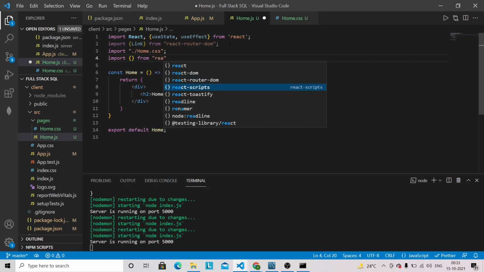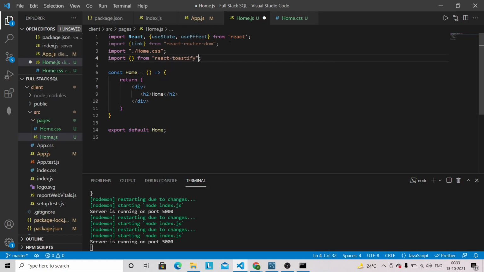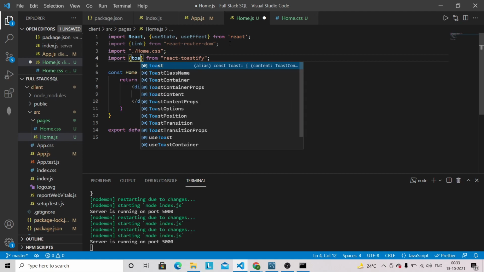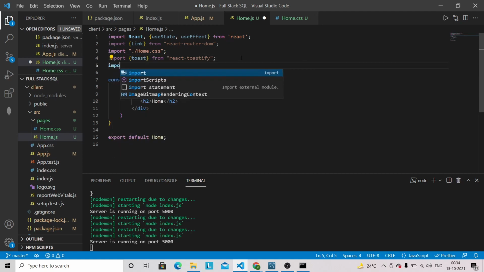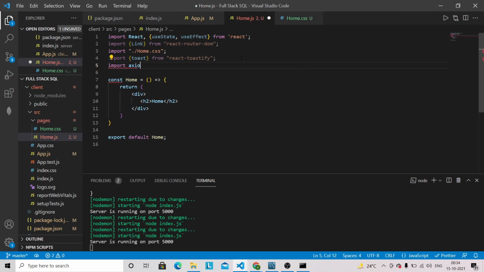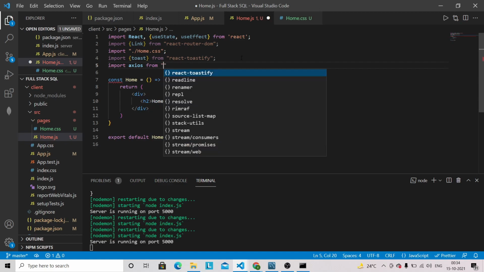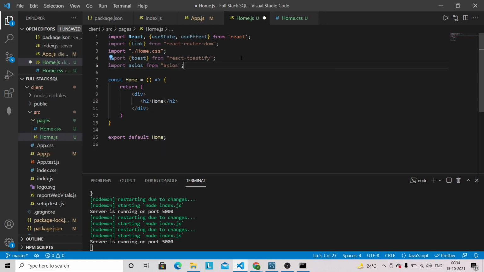So let's bring it now only from React Toastify, and we also need axios here so that we can make a request with our backend. So we have everything now in our home.js file.